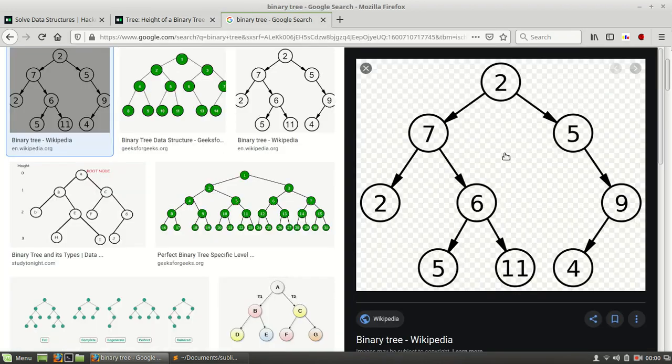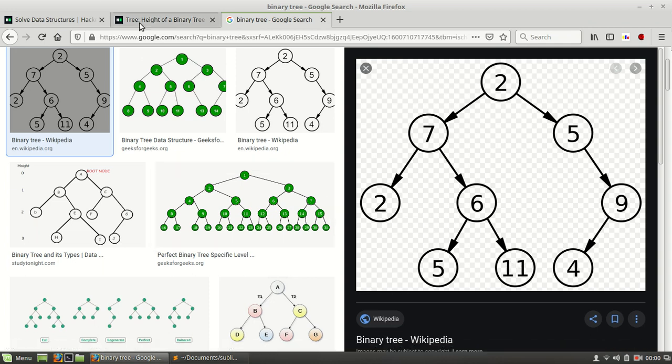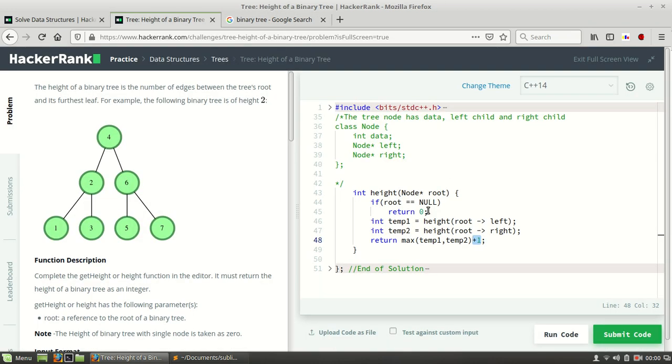So we would say the height of this node is 1, which is not correct. The height of this node is 0 because it is a leaf node. So we return -1, so that its height will be -1 plus 1, which is 0. Now you got the logic of why we have written -1 here.